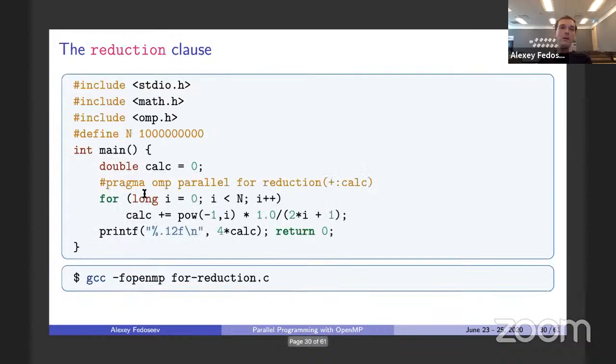Thank you. So one of the, I guess, beneficial clauses is the reduction clause. That's a very helpful one. And when we work with our students, it's usually